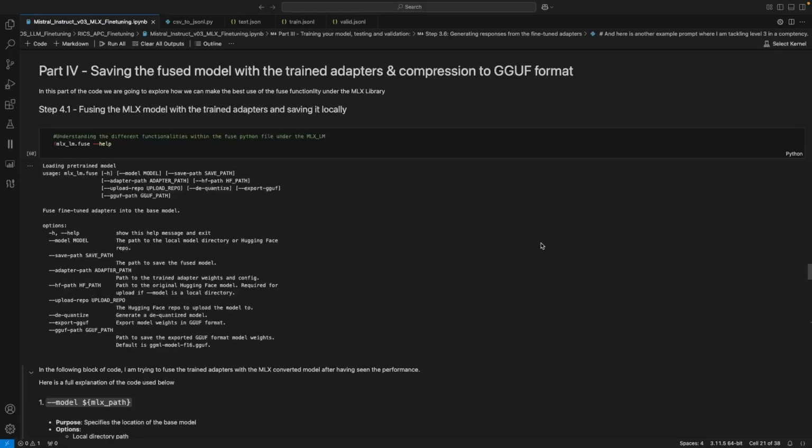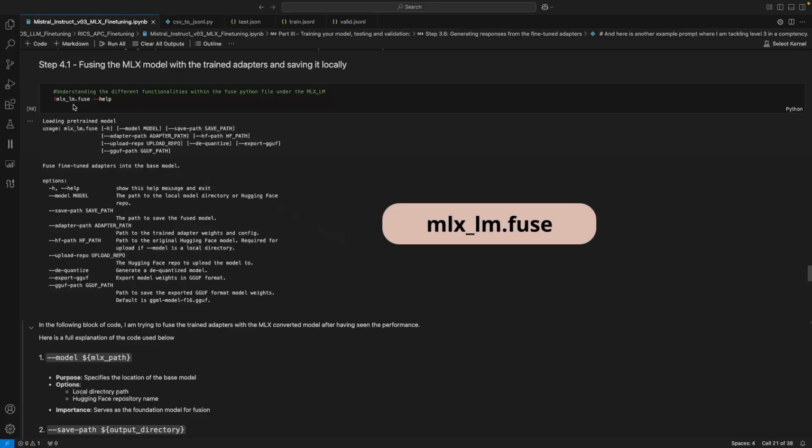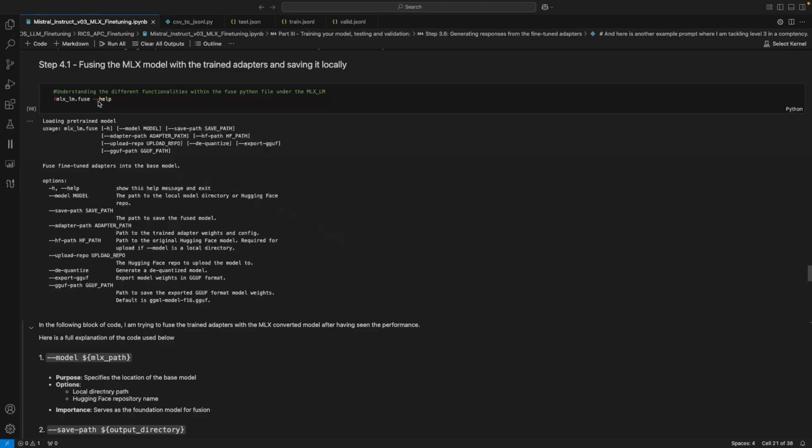Having trained the model, it's now time to fuse the trained adapters to the MLX model, create a fine-tuned model, and then convert that fine-tuned model into a GGUF format using the Llama CPP. There is one last function or line of code that we need from the MLX framework before jumping to the conversion, which is called MLX_LM.fuse. I typed in --help to understand the arguments that lie within this function within the MLX